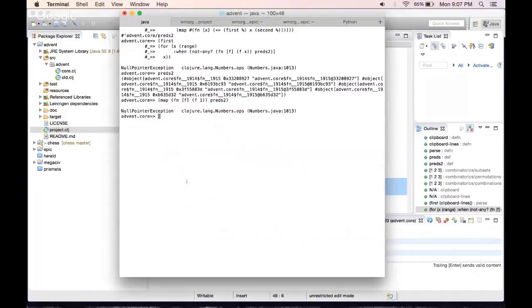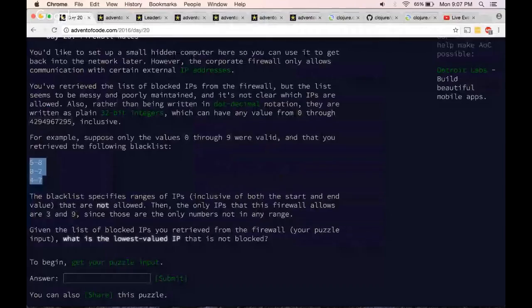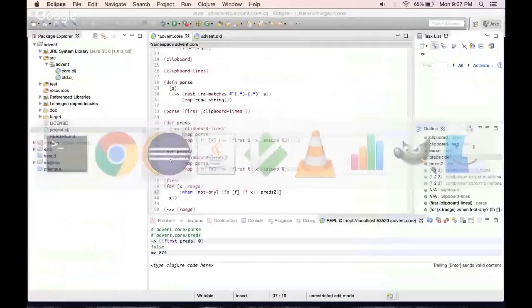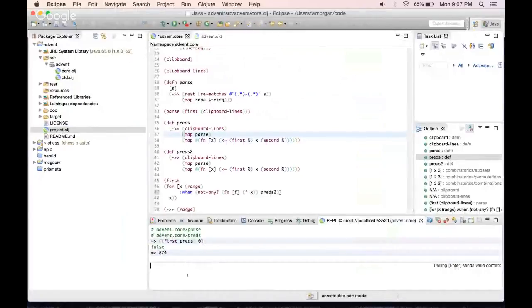Null pointer exception. It must have to do with the fact that, nope. I mean, it should be parsing these. Well, still have my REPL going to give me a little bit of hope here. I might want to. I wonder. Maybe it'd be smarter to